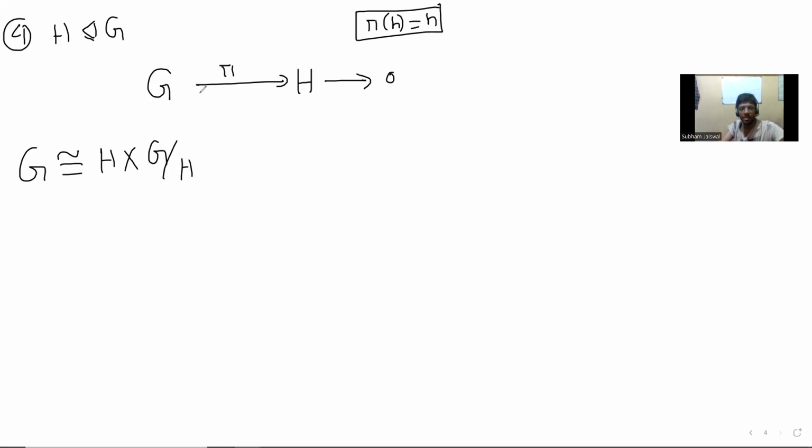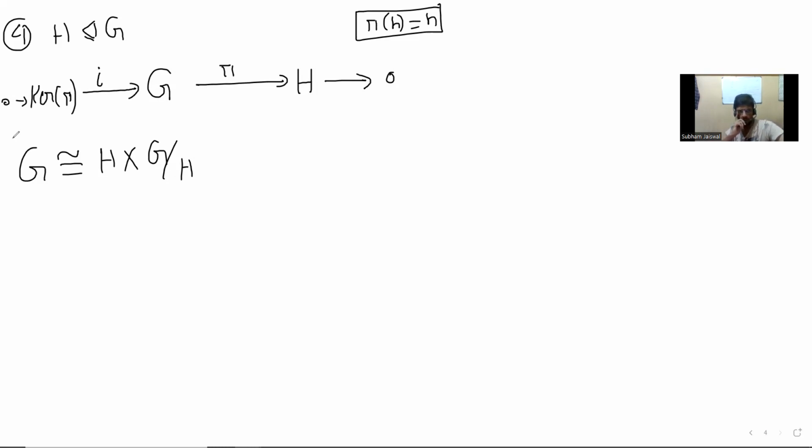Now, this is the map. If you want to split G, I think the simplest way is to consider the kernel of pi. You take this inclusion, and this is obviously injective. You can forget these arrows if you don't need to know what that means. The point is, pi is surjective by the very definition, and i is injective. Those two are just to put that in a language, but one doesn't need to bother about it.